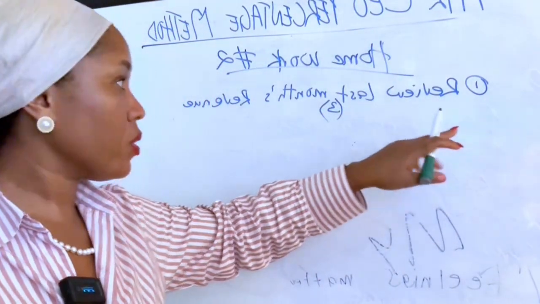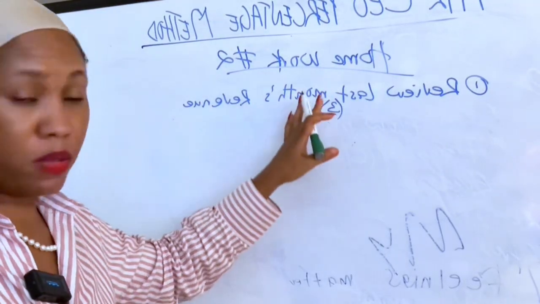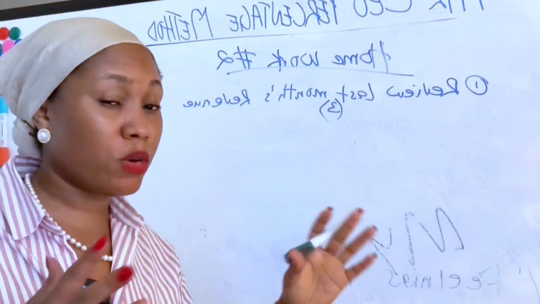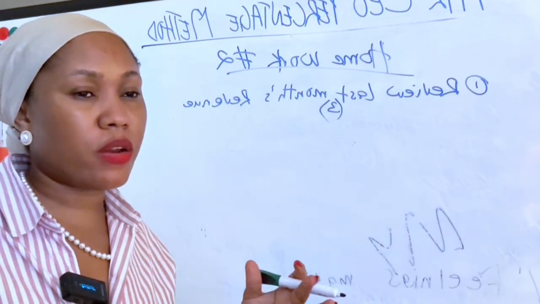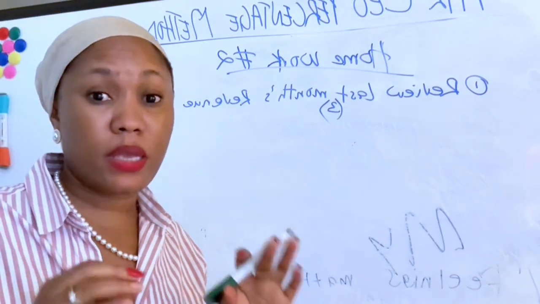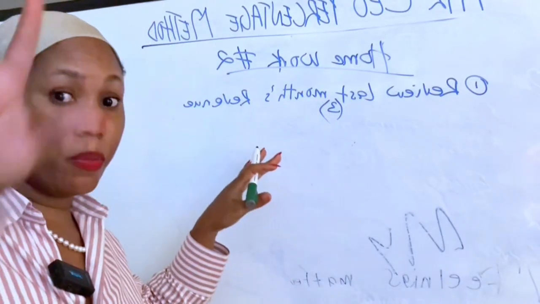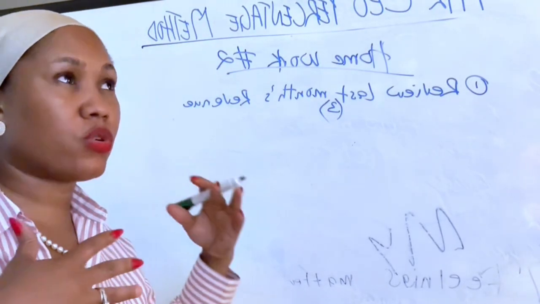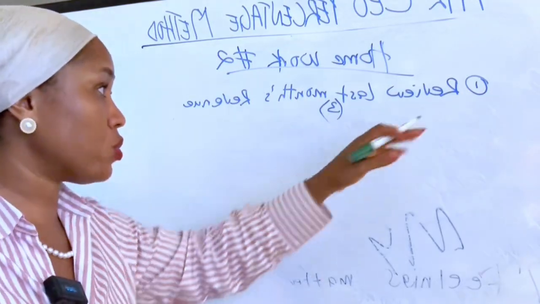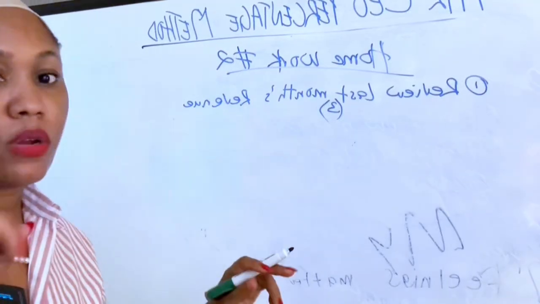Homework number 1, review last month's revenue. If you have the time, because for some businesses the expenses are just way too much, starting from wherever it is, it's just going to be too much. If you're able to do that, beautiful. If you're able to hire help, get that done. If you're able to review up to 3 months, backtrack 3 months of revenue, because it's going to give you an insight of what's happening. If not, your assignment is to review at least 1 month of revenue. Okay? Number 2,